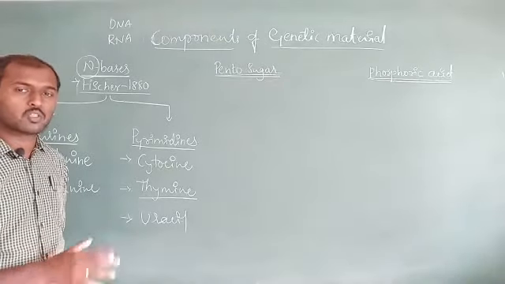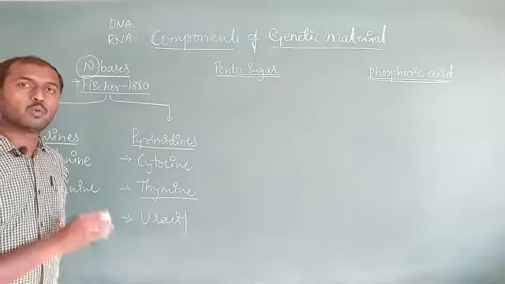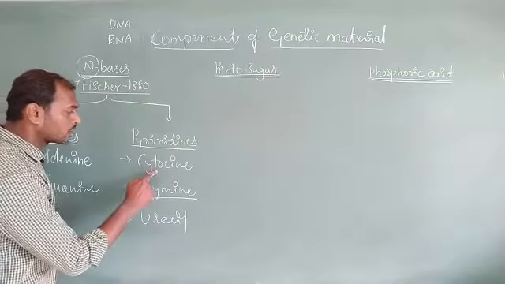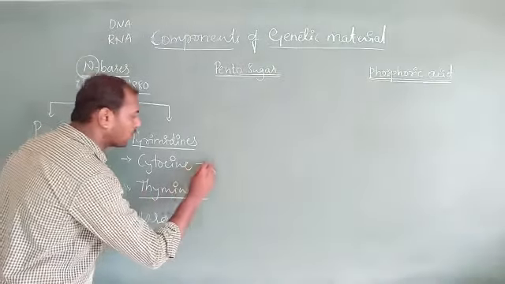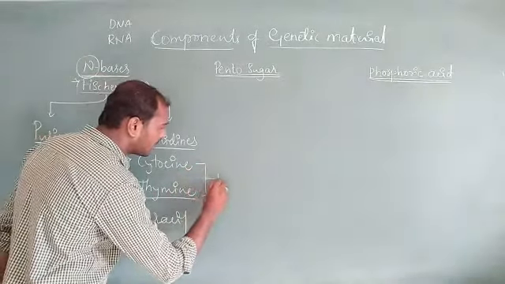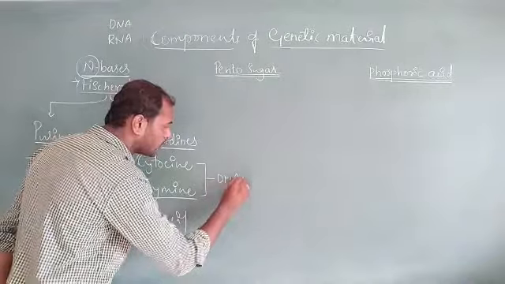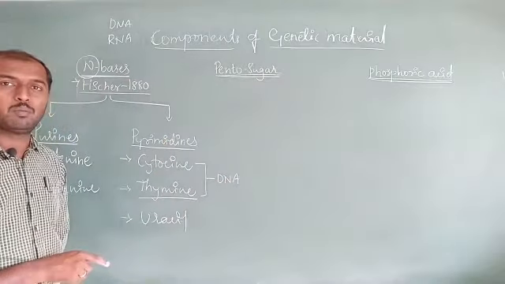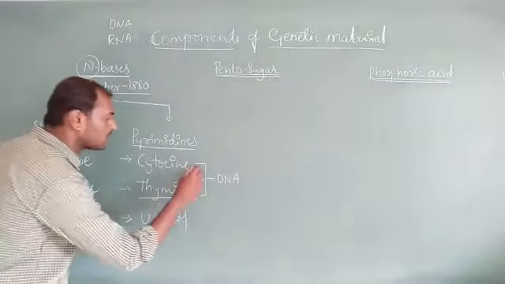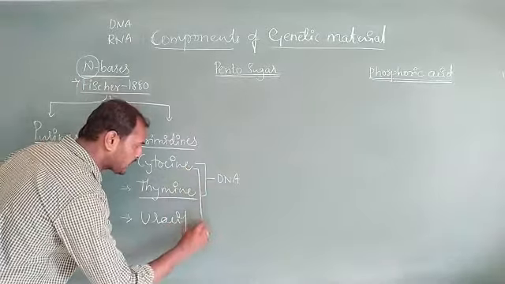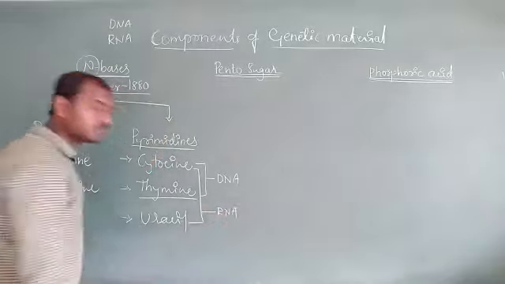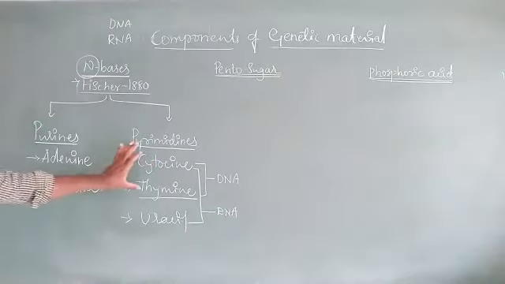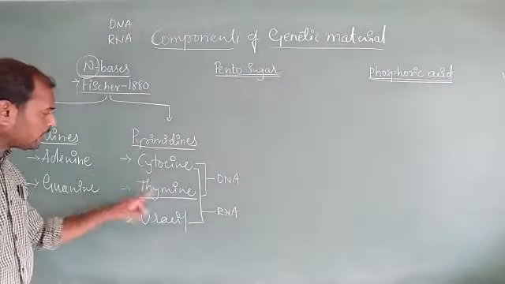Okay, so one day genetic material alli three bases are not seen at once. So cytosine as well as thymine, both are present in DNA. You can get both at one time in a DNA, or cytosine and uracil you are going to get in case of RNA. Okay, so DNA alli now one time alli cytosine and thymine can be seen.